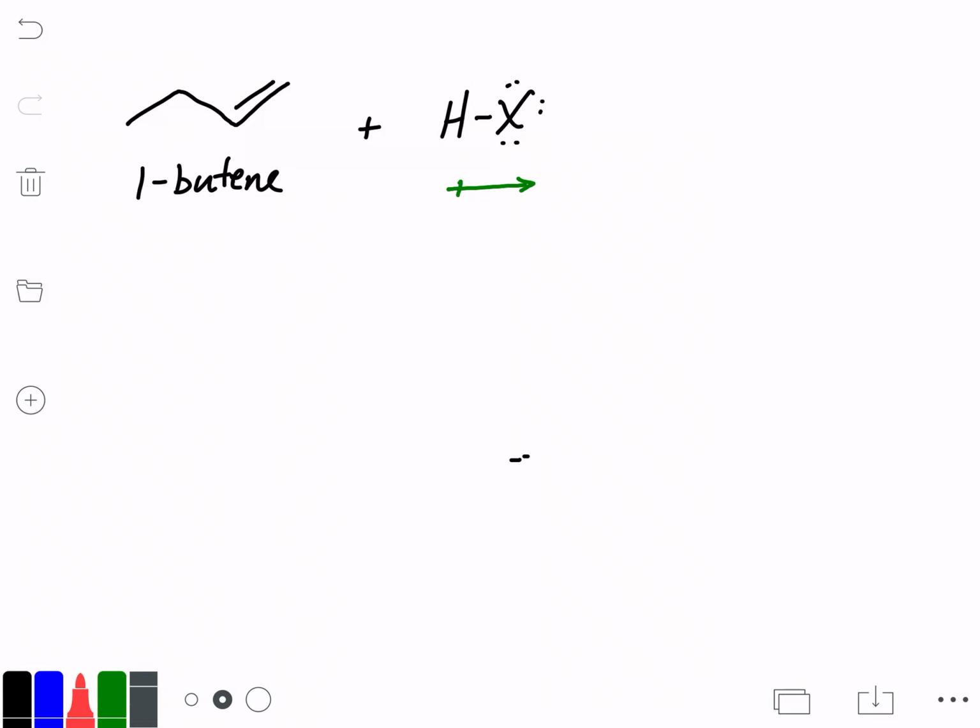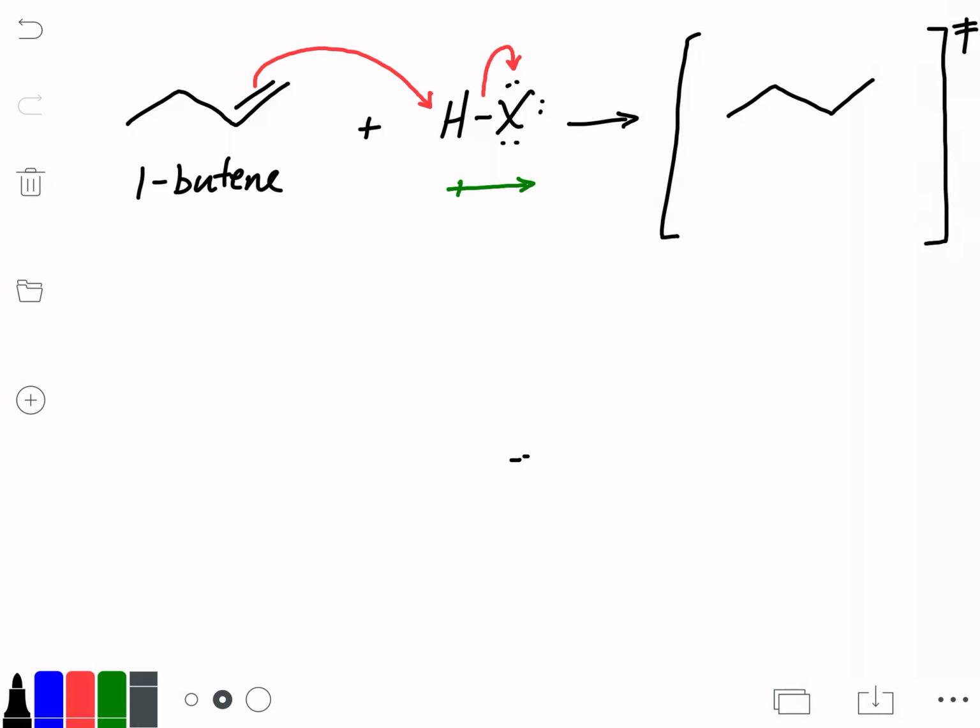In this reaction and all the addition reactions we're going to talk about, the first step is using the pi electrons of the double bond as a nucleophile to attack the hydrogen and pushing the shared electrons towards the X end, or the negatively charged end. And that will give us now two items in our transition state,